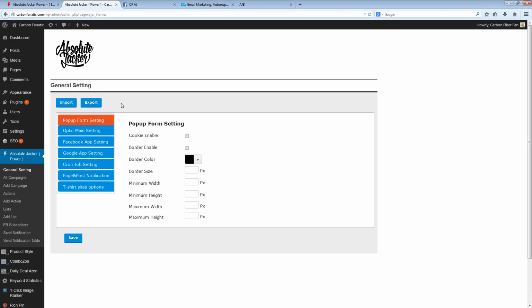Now once we have this completed, we can proceed with using the plugin, but we first need to go through and customize some of these settings depending on how we are going to be using the plugin. So first of all, this first page here is the pop-up form settings. We can do things like enabling a cookie so people don't get the pop-up twice on them if you would like. We can enable a border if you want to have a border around it, and you can simply set a size for the border and even minimum and maximum dimensions possibly for